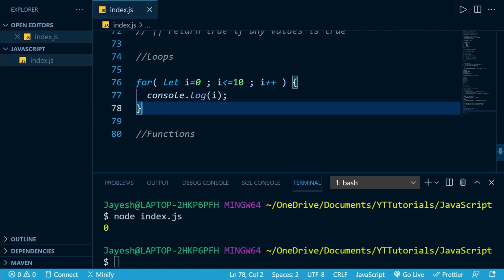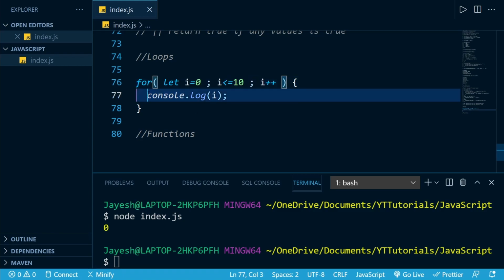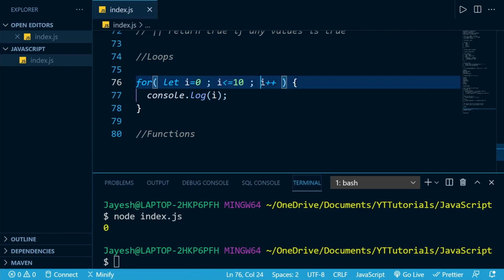First of all, it will create a variable with the name i, and it will initialize that value to 0. And then it will execute all the statements inside of our for loop, and then it will check if our i is less than or equal to 10, and then it will increment the value.